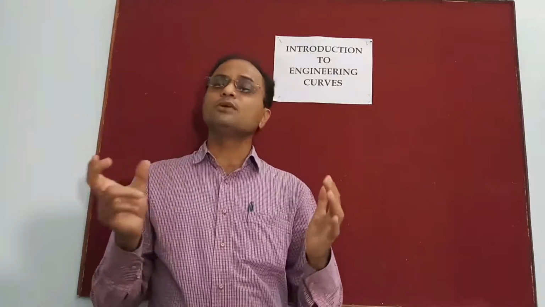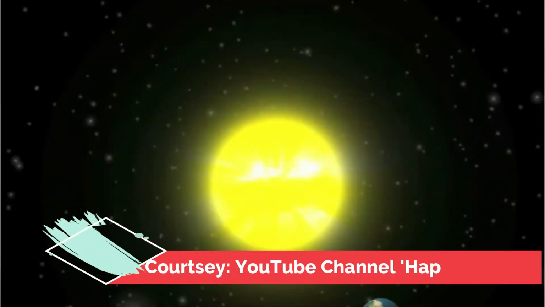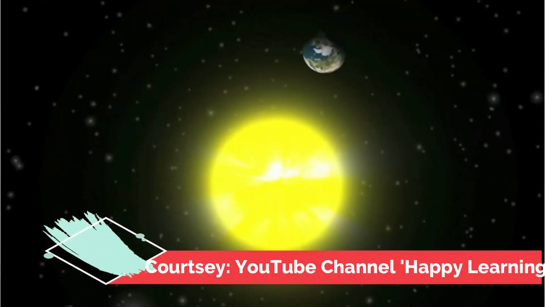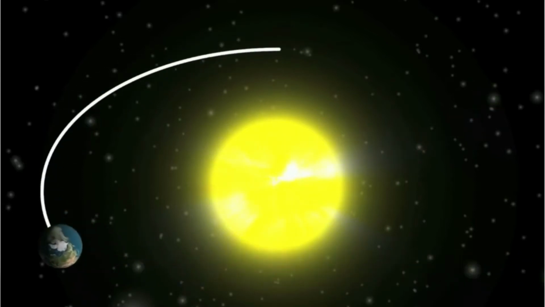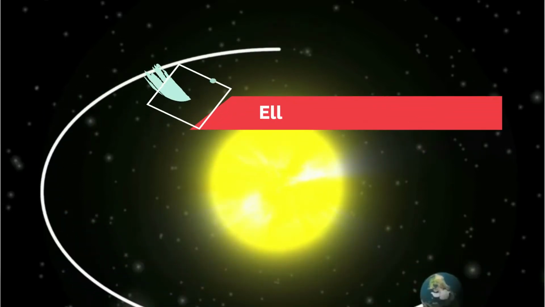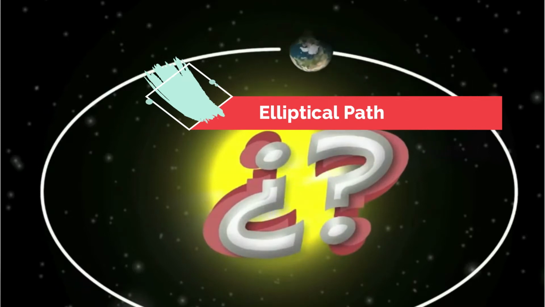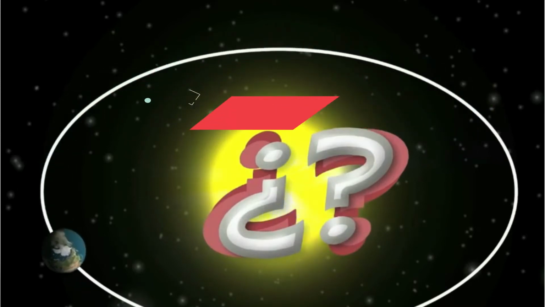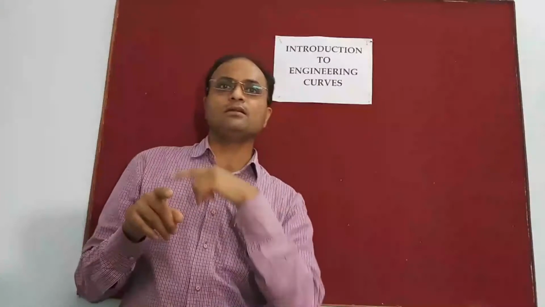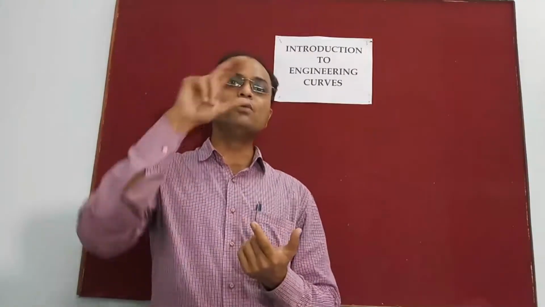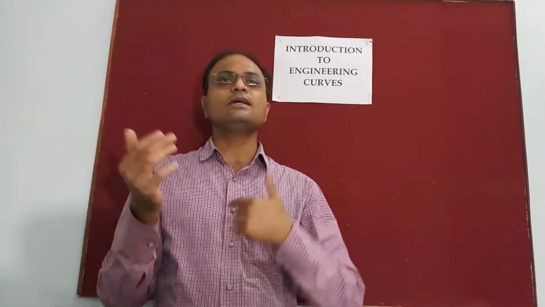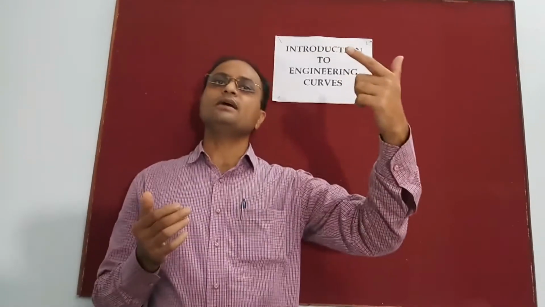It is possible because we can predict the motion of all these planets in our universe. And you know, all these planets travel around the sun. If we take the example of Earth traveling around the sun, then it always travels in an elliptical fashion. Even the moon traveling around the Earth rotates in the form of an elliptical curve.